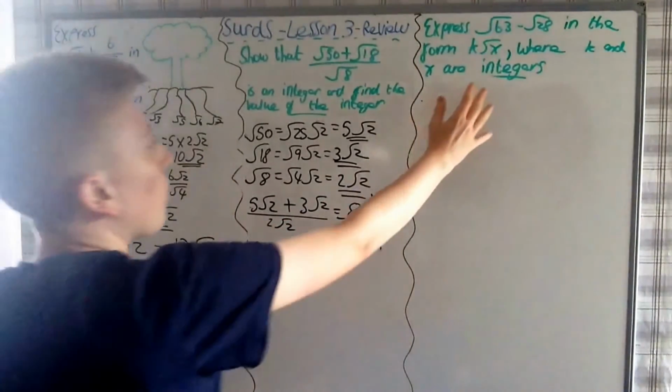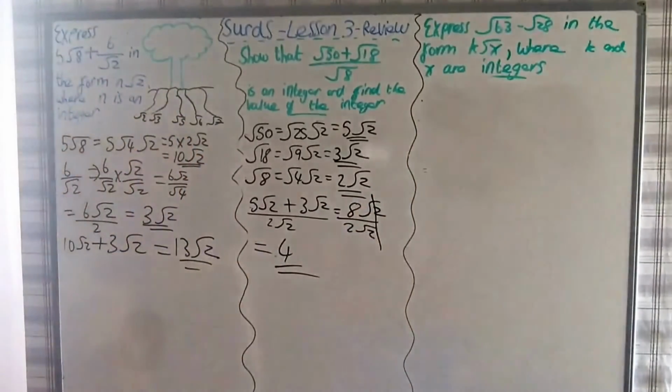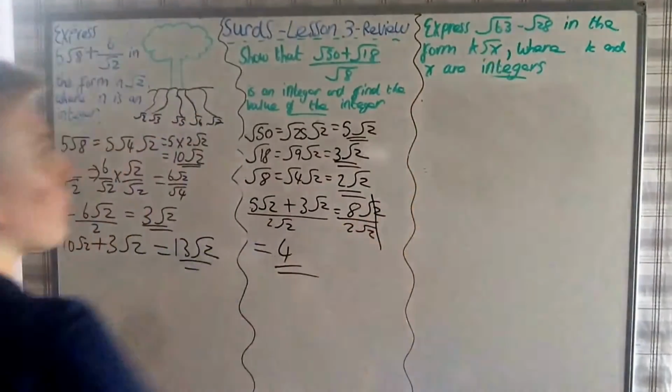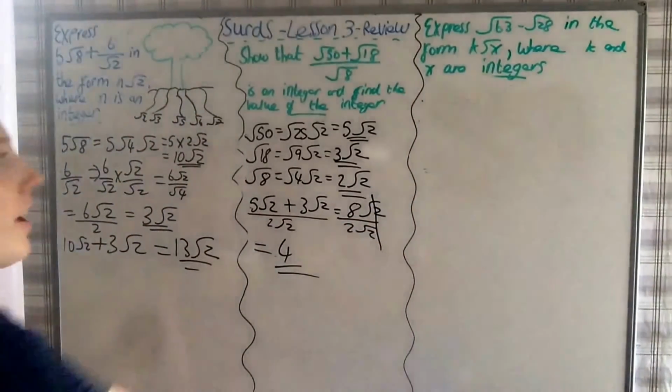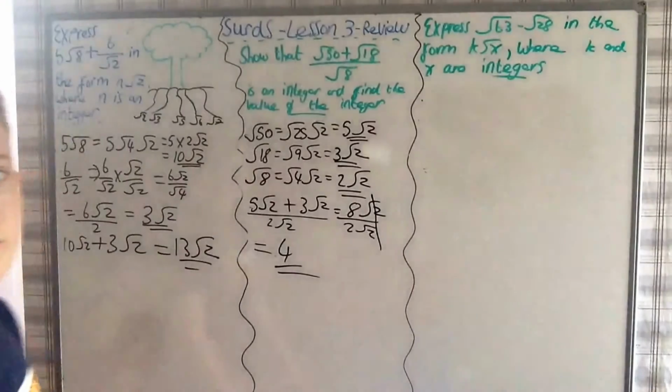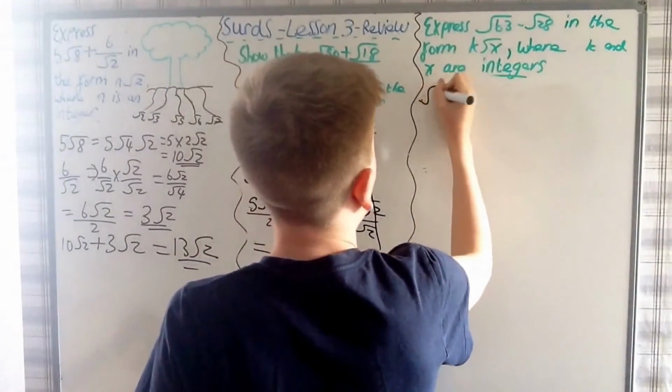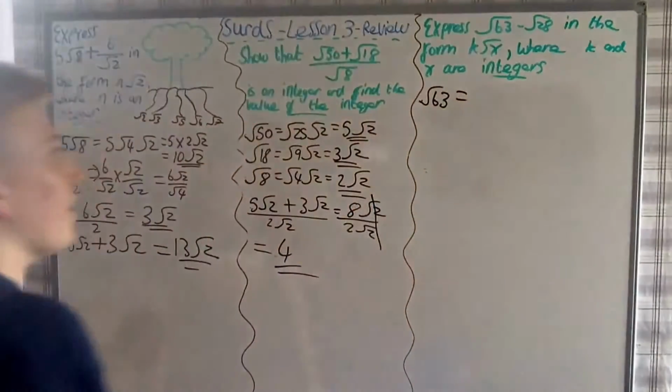Right, so now for the AQA textbook example. And this says, express the square root of 63 minus the square root of 28 in the form k root x, where k and x are integers. So let's consider the square root of 63. Well, we can split this up into,